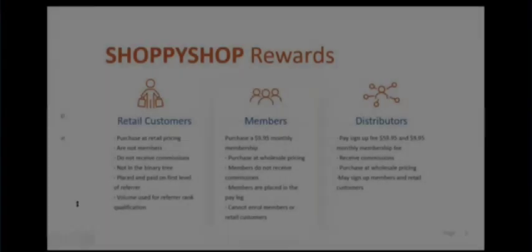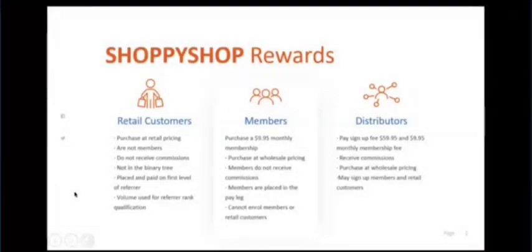on our products. And then members, they're also placed in the pay leg. Now, this is really important. We are placing any of your members that come in for 9.95 into your pay leg, right? This is in the binary, in the front tree. So the front tree, the binary is all the 9.95 memberships, and it's also the initial purchase of $50 to